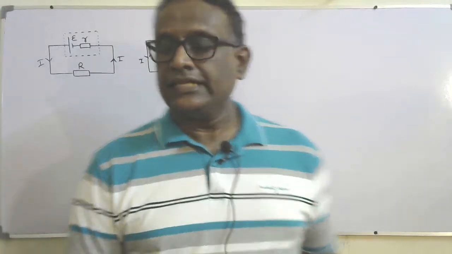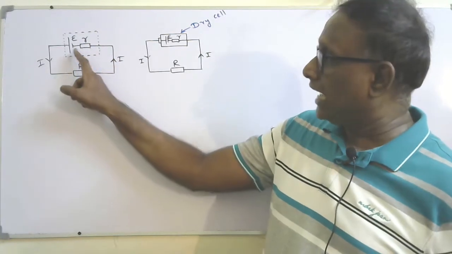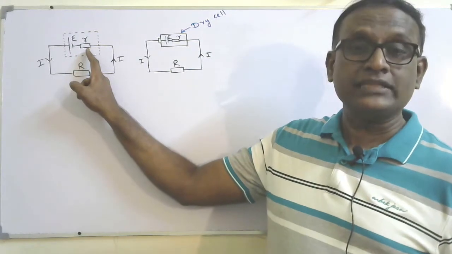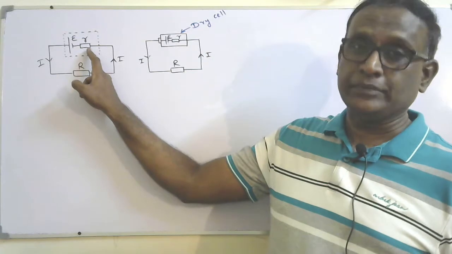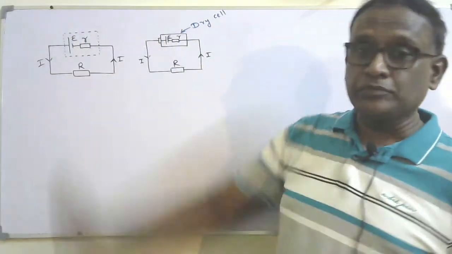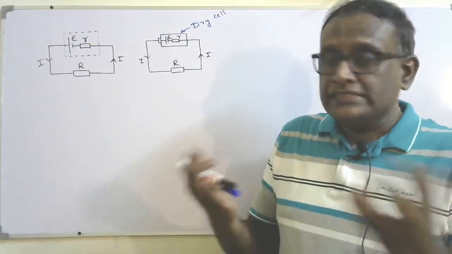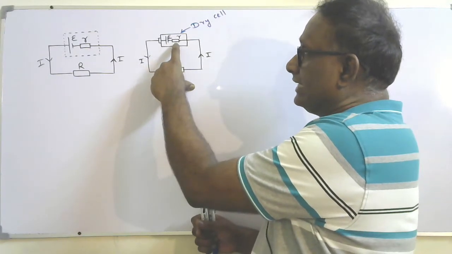So I can imagine a real power supply like this. An ideal power supply, this one, is connected in series with its own internal resistance, which is denoted by the symbol R. Imagine the dotted line indicates the real power supply. Imagine I just drew a dry cell. So you can imagine a dry cell like there is an ideal cell inside, connected with